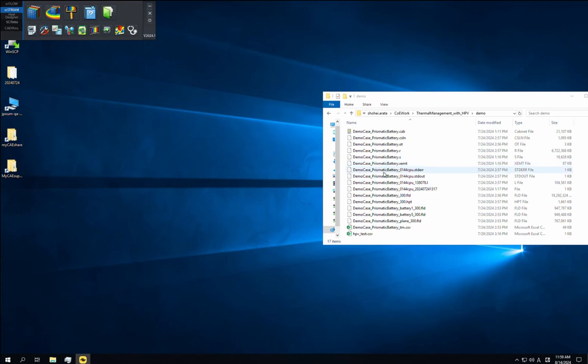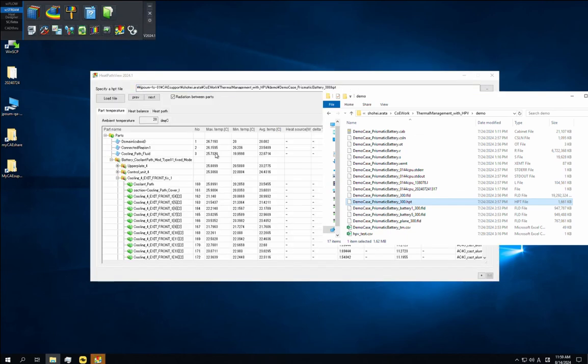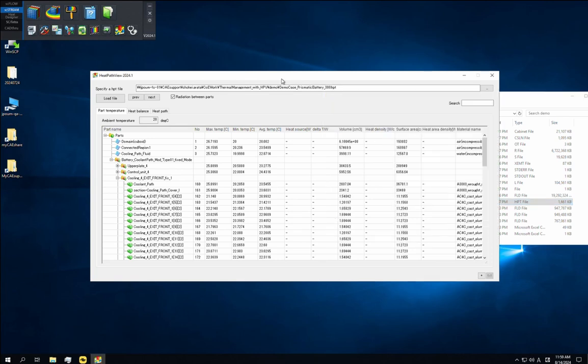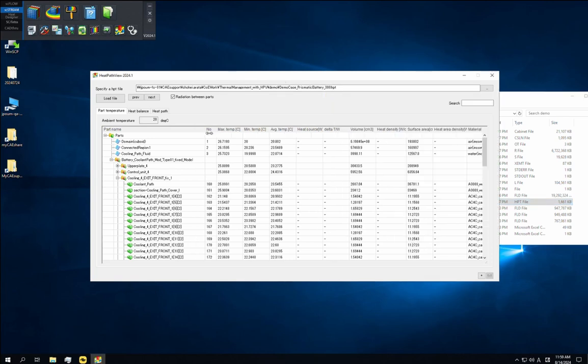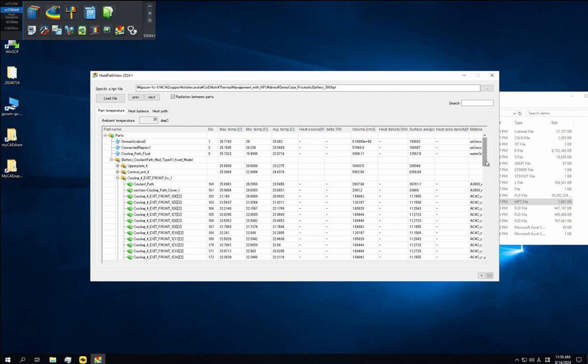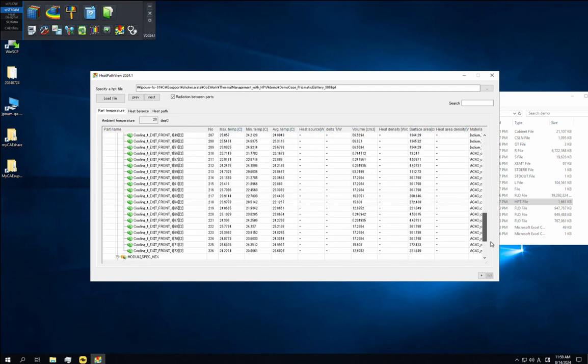After the calculation is complete, we have the HPT file. Drag and drop it onto the HeatPathView icon in the kicker. We'll now call it HPV for short. HPV opens and we find there are three tabs called Part Temperature, Heat Balance and Heat Path. The key features of HPV are available on these three tabs, and we'll now take a look at them in